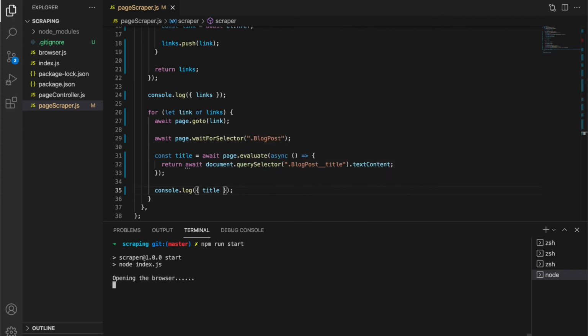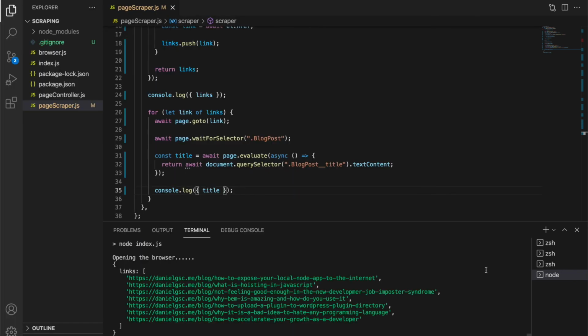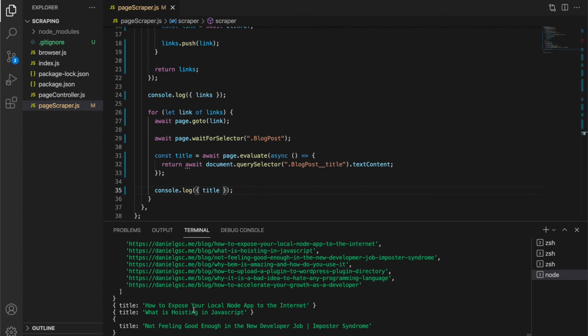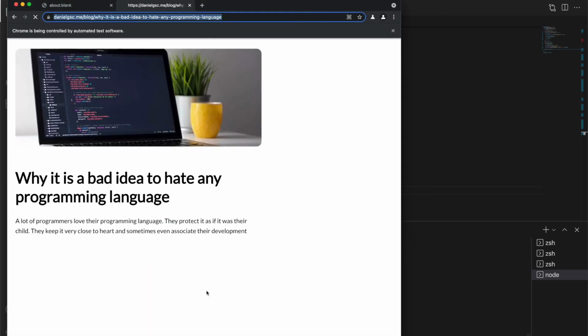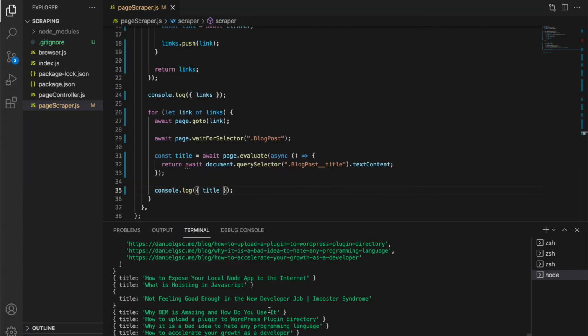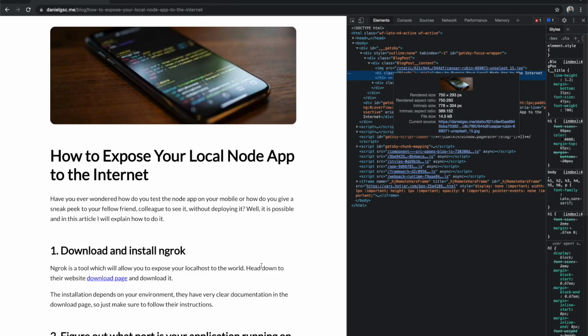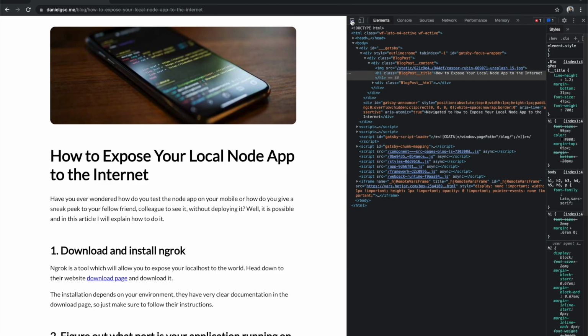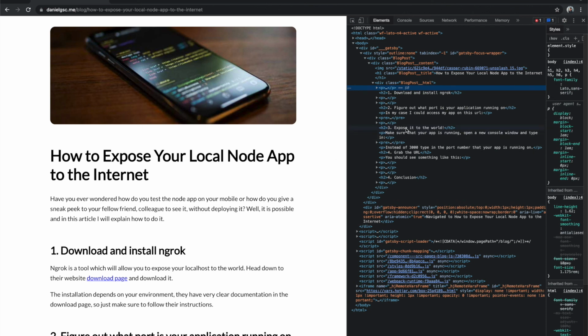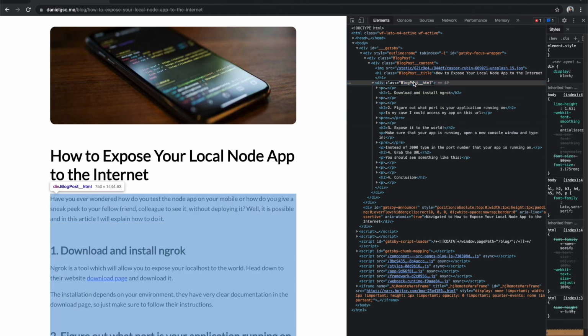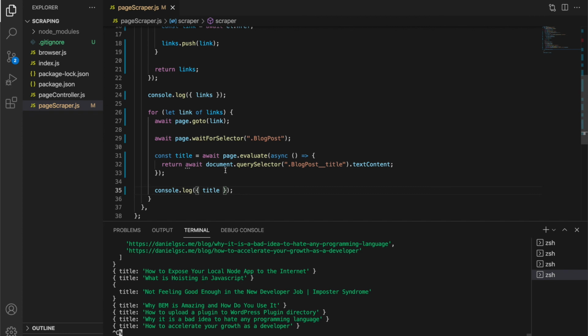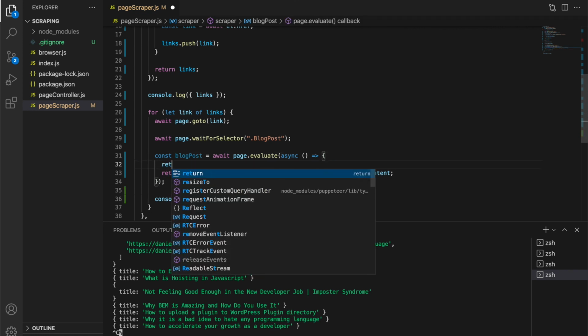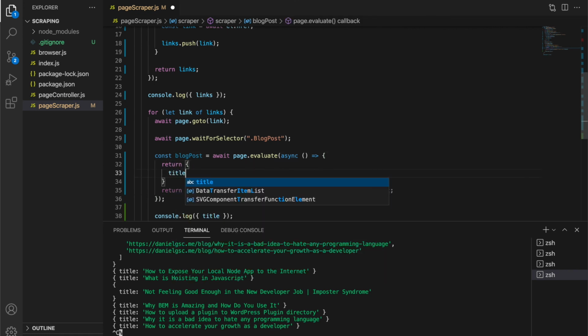npm run start, and we can see the titles are logging out here. Perfect. What we need now is the content, so let's see how we can do that. Okay, so there is blog post HTML, so let's just say blog post, and here we will output a new object which is title.